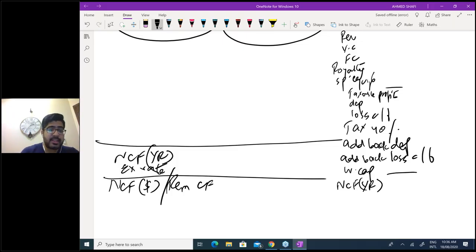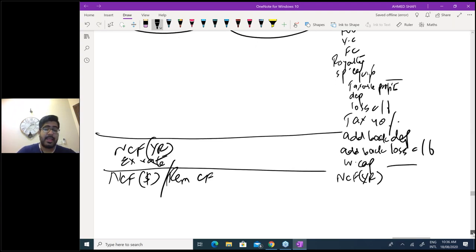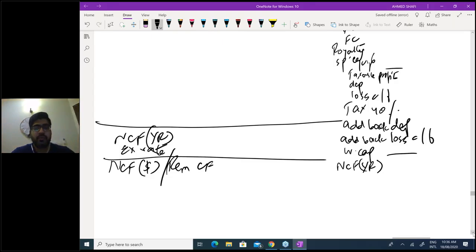Now, once you get net cash flows in dollars, you brought money into your home country. Any additional inflows or outflows in US dollars also need to be considered. For example, I am based in Pakistan and I invest in a project in the UK. All inflows and outflows were in UK pounds. But when I remit the amount back to Pakistan, my home country, if there are any other inflows and outflows in Pakistan, I have to bear that.